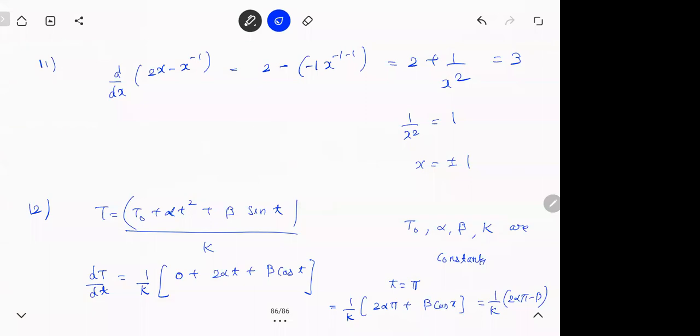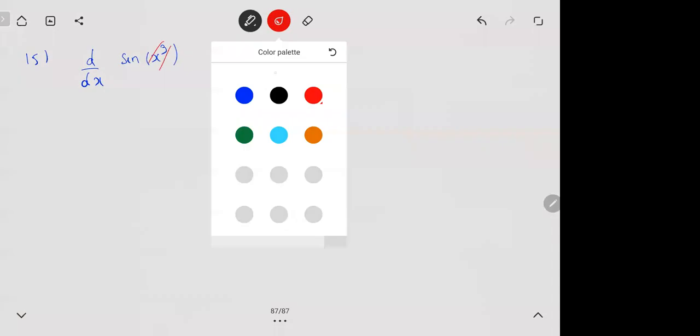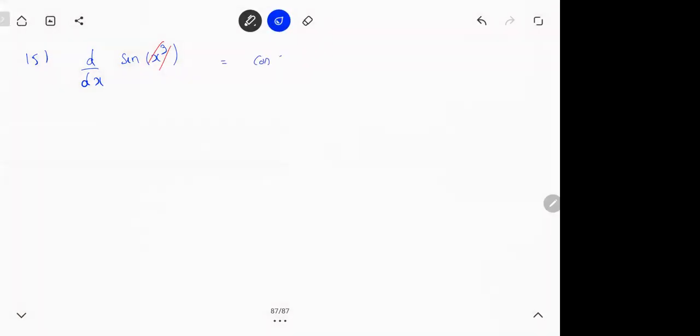Then what was the problem in 15th? sin of x cube. He is asking to differentiate this. So this is sin of something, so what will it be? cos of something, and then differentiate x cube again. Sixteenth is fine, f of x by g of x, try again, it should come, shouldn't be a problem.